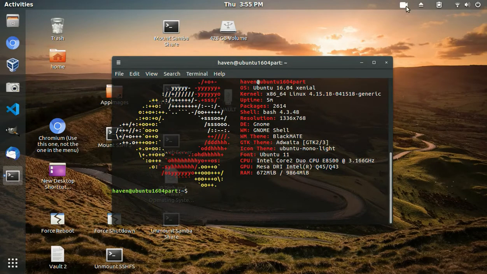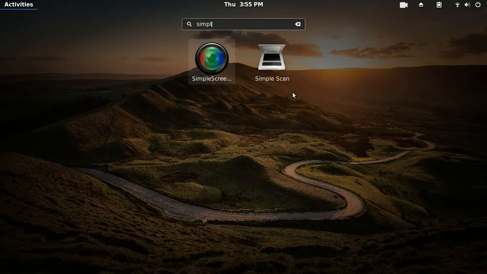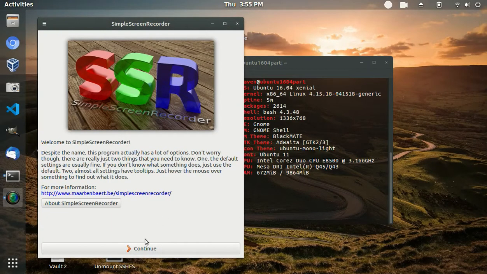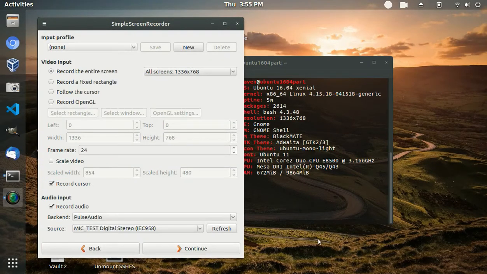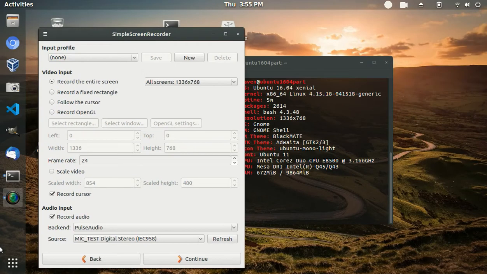Yeah, I'm using Kazam to record, and I used to use, this is before my YouTube channel was a thing, a program called Simple Screen Recorder. The problem with that is that it can't do audio both from the speakers, which I'm going to turn up because it was a little quiet earlier, and the microphone. It can't do both the microphone and the speakers, which is kind of a deal breaker